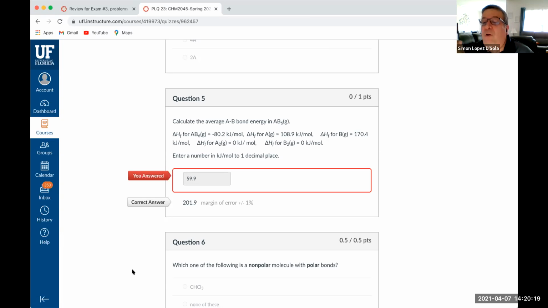Remember to produce one mole of that molecule in the gas phase. So in this case, the form of A, you don't have A alone. So you have A. In that case, if you do that balanced chemical equation, you have 1 A plus 6 B will form AB6. Got it? Okay. So in that case, you need to find the